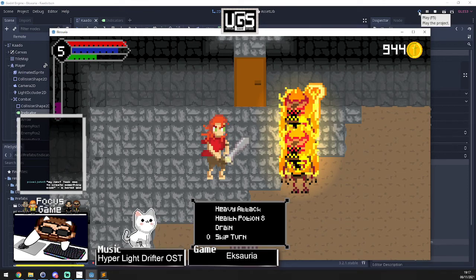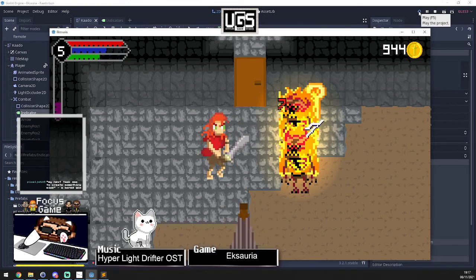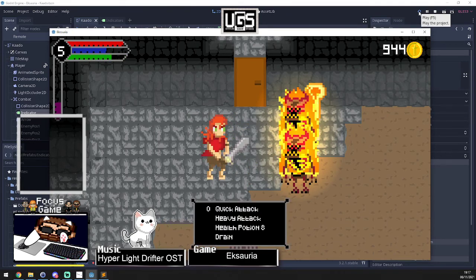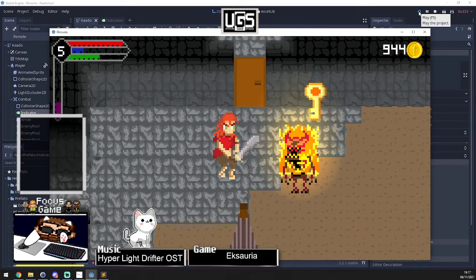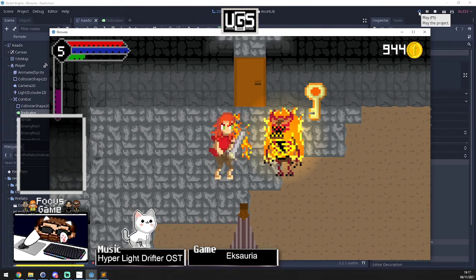So let's do a skip turn and miss a parry because I'm just like that. I can do a perfect run on my game. Of course I can't. No, I'm low on stamina, so let's just parry. Let's just do a heavy attack on him, parry. Let's skip a turn, a parry again, and then a heavy attack on him, and a drain, and a parry,